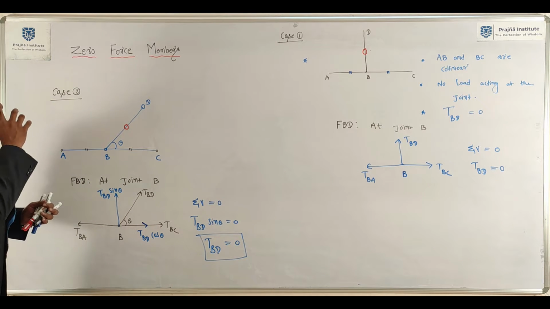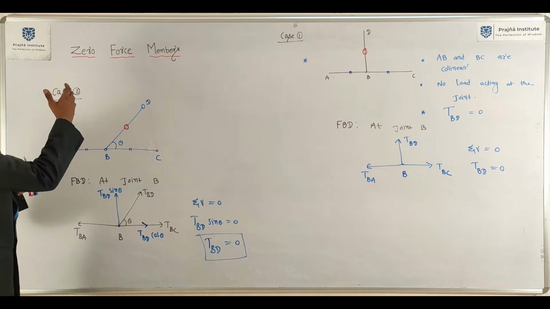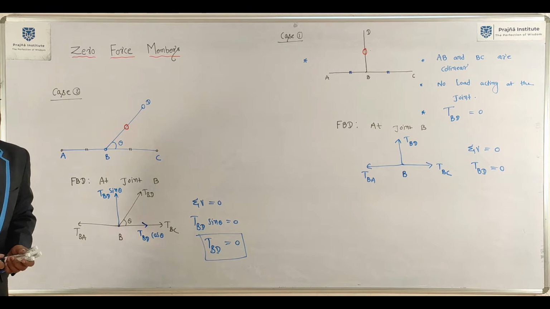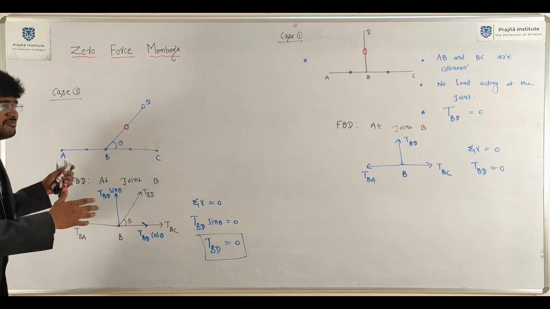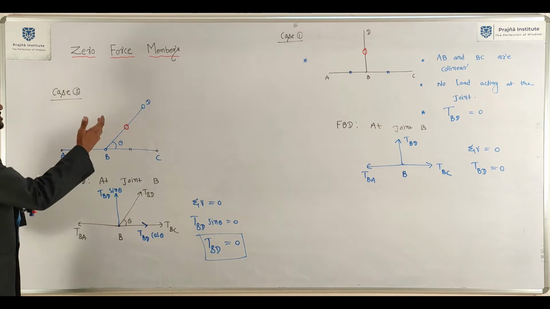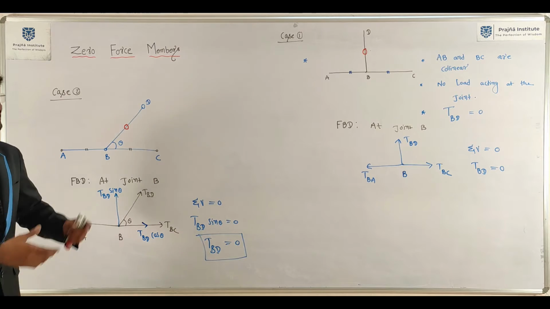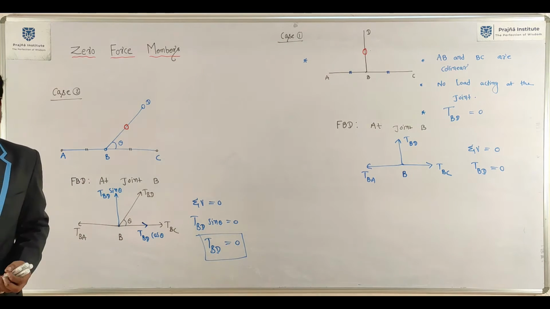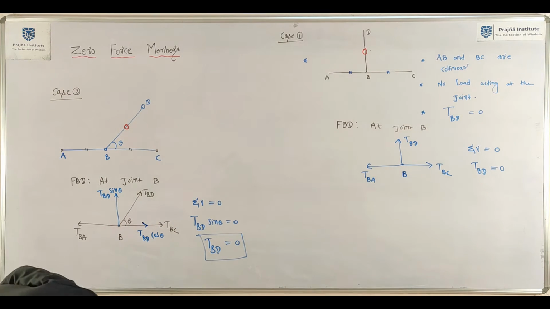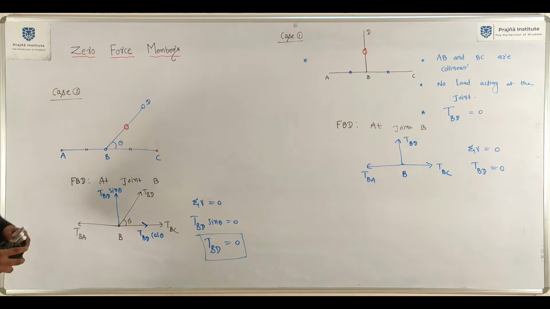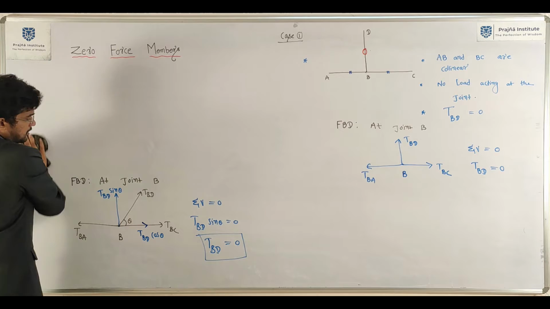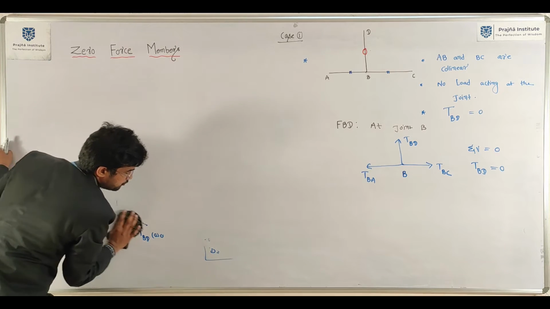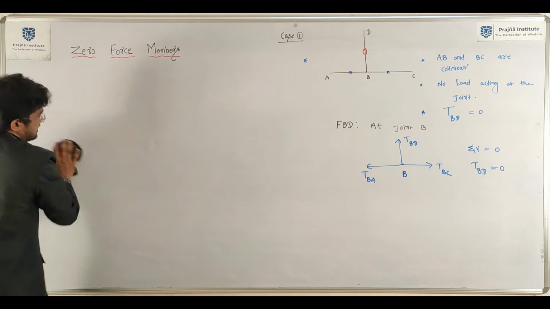I think for civil engineering students, it is a very important topic. You will get trusses in structures, so you have enough questions based on zero force members. Okay, it is very important for mechanical engineering students also. So now we can solve one problem based on zero force members. Determine the number of zero force members in the given truss.